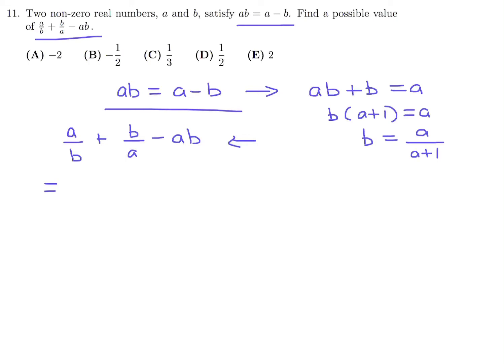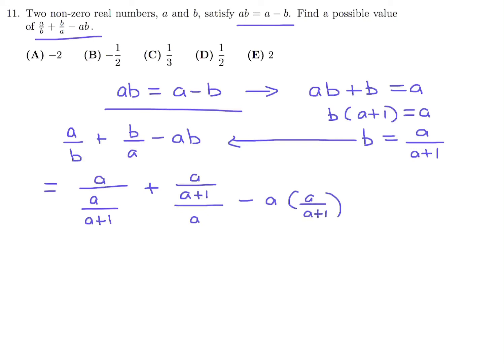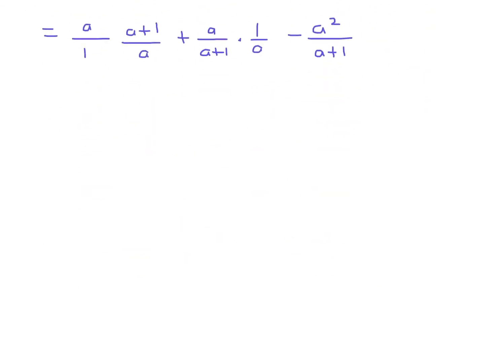And then substitute that into this expression. So we'll get a over a plus 1 for b, and then a over a plus 1 for b again, but this time in a different position, and then finally a times a plus 1. So here invert and multiply a plus 1 over a, invert and multiply 1 over a, and this looks like just a squared over a plus 1. So this cancels,